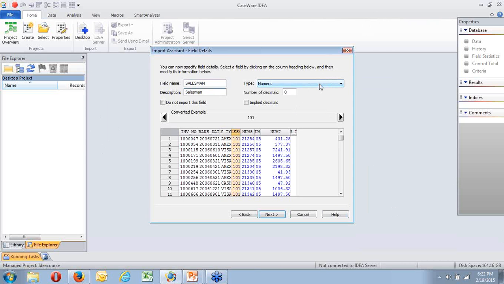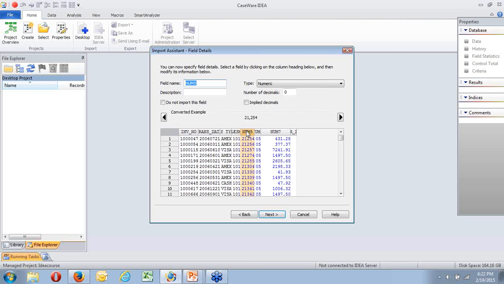Now it might be numeric, it might not, and this is the danger if you don't have the layout. Because if I change that to character, it will accept it. But when you try to use it as a character field, it will come up and give you strange results. Calling a numeric field character is not usually so bad, but calling a character field numeric can cause real problems. So it helps if you know how it has been given to you. In this case it was numeric. No decimal places, no implied. I can move on to the next one.